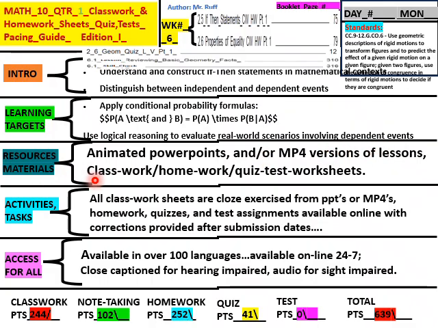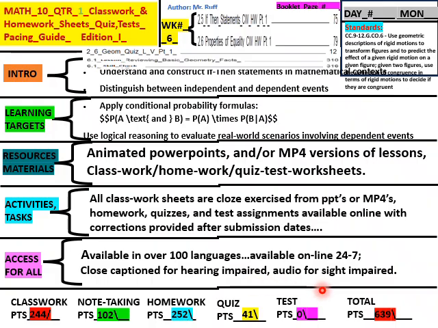So our resources and materials: animated PowerPoints, and video versions of lessons, classwork, homework, quiz, test worksheets, activities, and tasks. All class worksheets are closed exercises from PowerPoints or MP4s. Homework, quizzes, and test assignments are available online with corrections provided after submission dates, access for all, available in over 100 languages, available online 24/7, closed caption for hearing impaired, audio